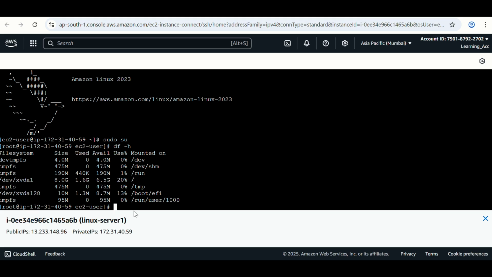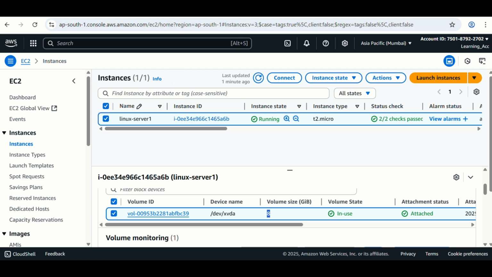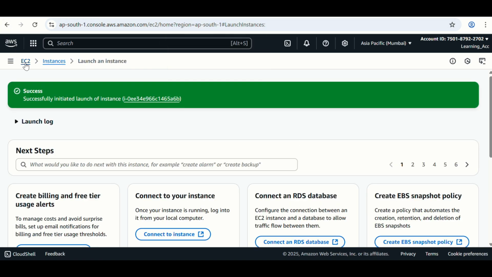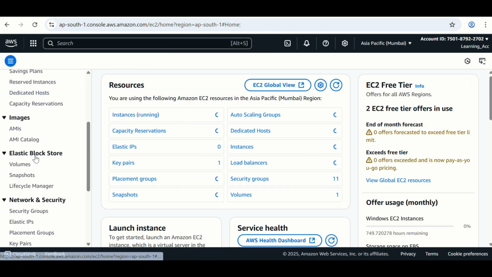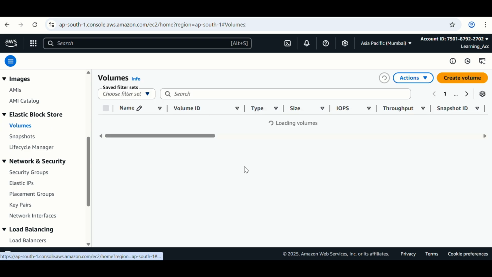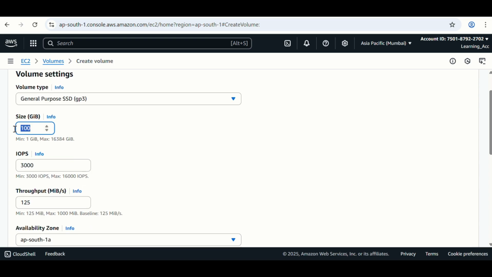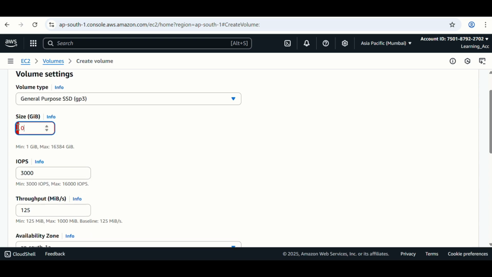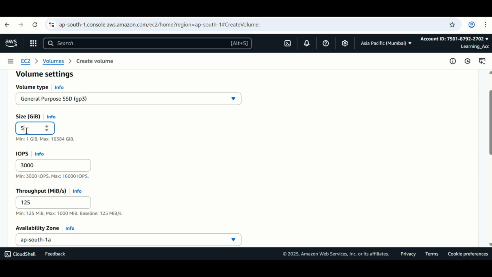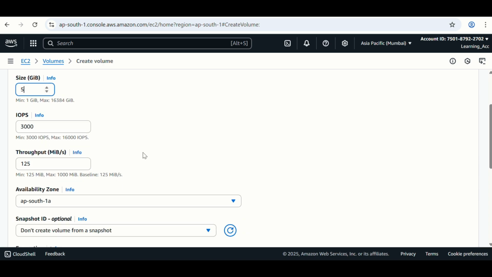Now let's add an additional volume to that instance. For that we need to create one volume. Click on EC2, scroll down, click on volumes, click on create volume, then size, suppose I want 5 GB, then I'll give size here as 5 GB. Scroll down,